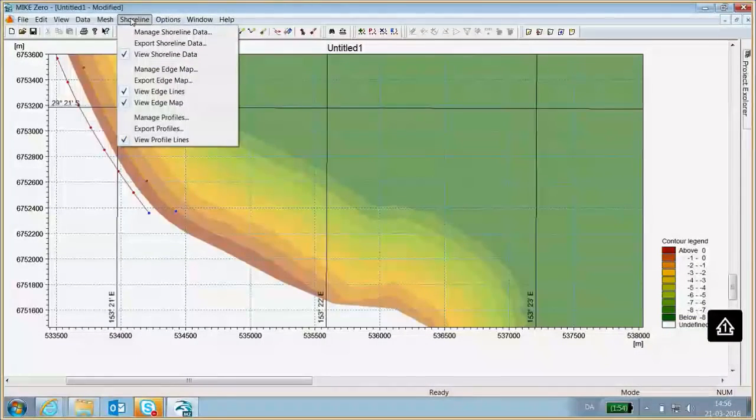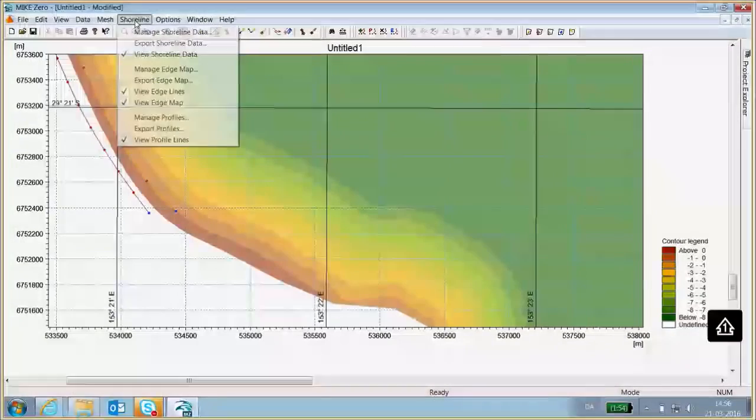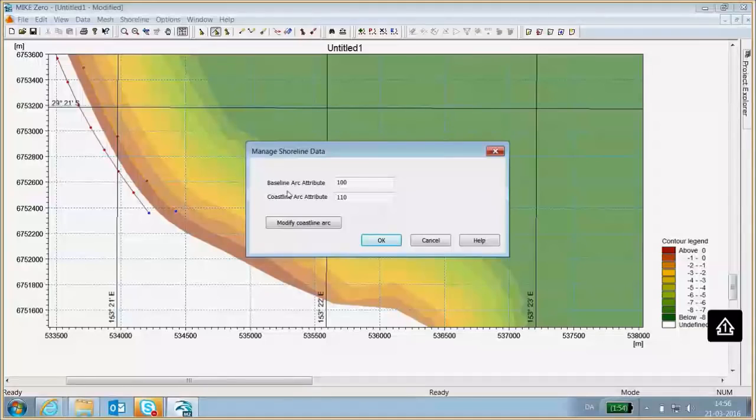And now the next step is to make sure that the shoreline vertices or shoreline points conform to or match the baseline points. And there's a tool to ensure that, so I don't need to do it by hand, and that tool is located under the shoreline menu here. So I simply click Manage Shoreline Data, and once I've set the baseline attribute to 100 and the coastline attribute to 110, matching the attributes I set on the two arcs, I can simply click modify coastline arc here.